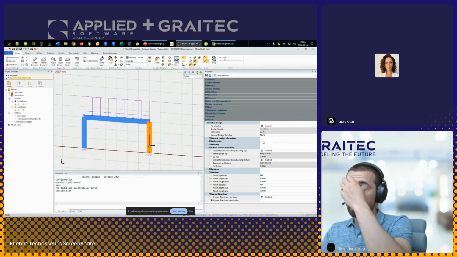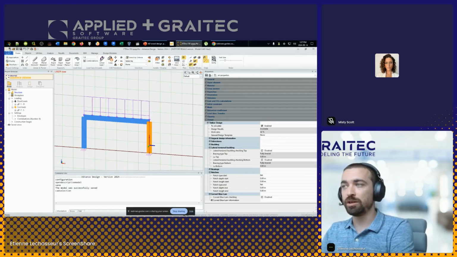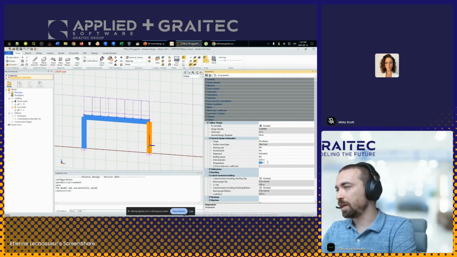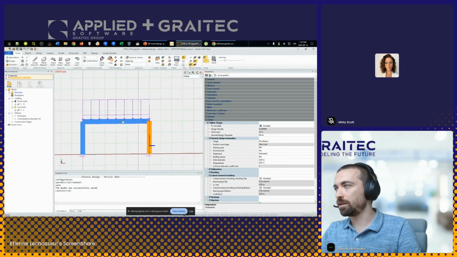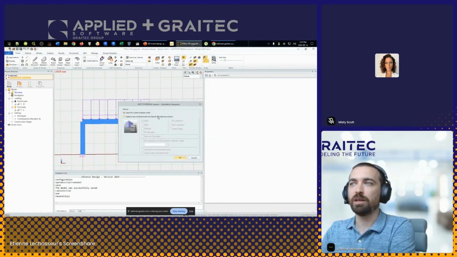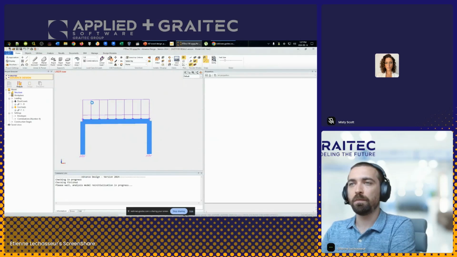In terms of the user interface and the modeling, there's actually no changes. It's all of the same options that are visible whether you're using Canadian or United States code. I think I would say the main difference is probably the temperature, which is only effective for US code and not Canadian code. So if we relaunch the analysis with temper design,